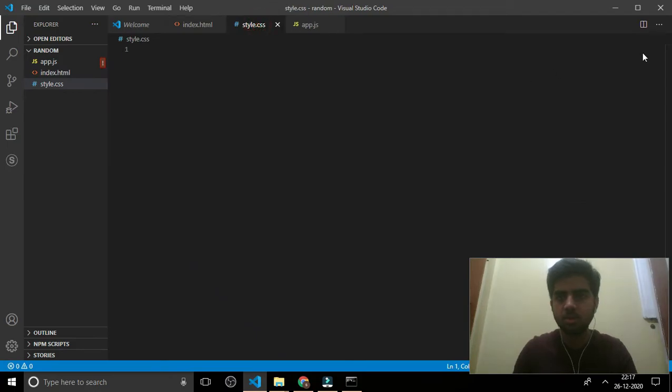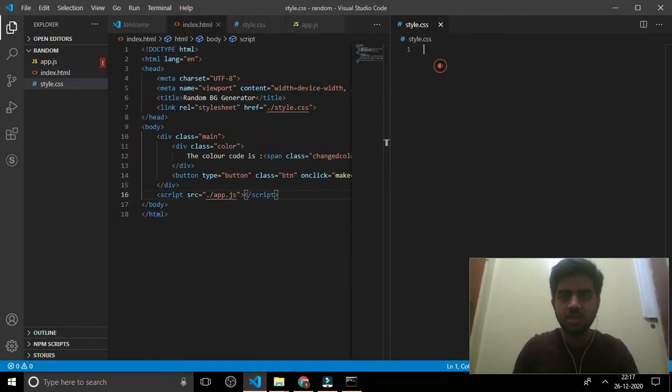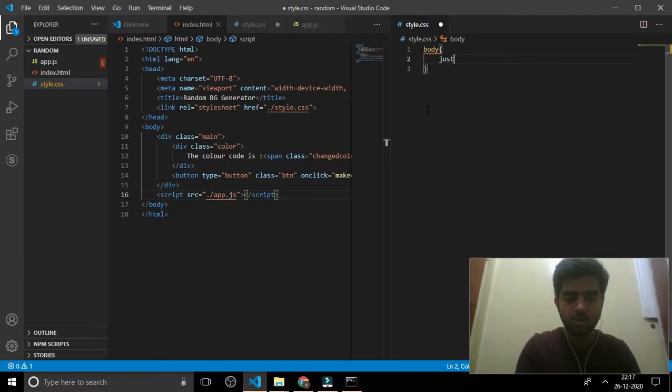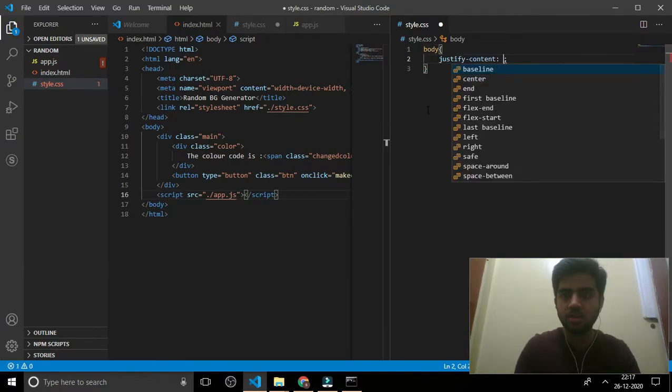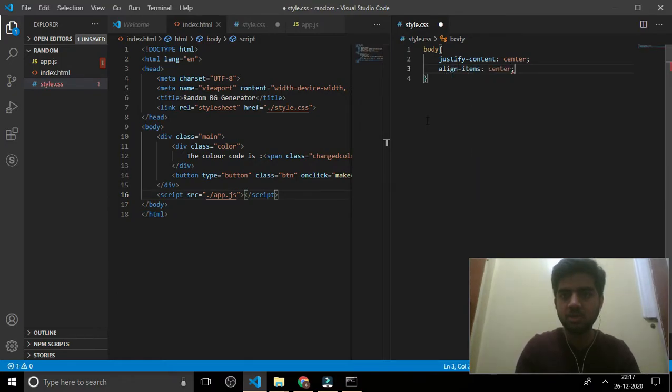Okay, let's start with body. Justify content is center. Align items, center. And also display flex.